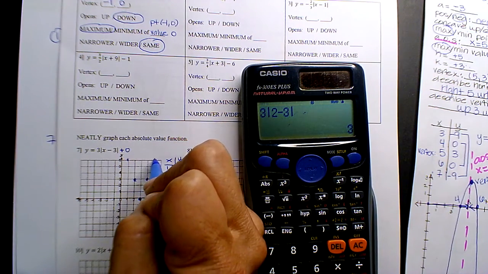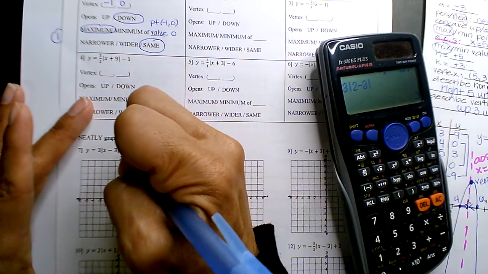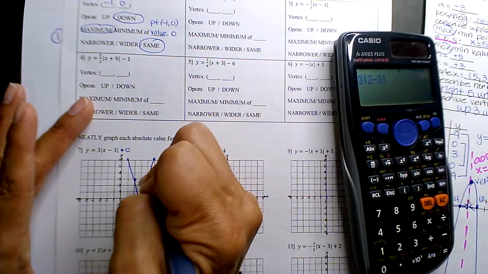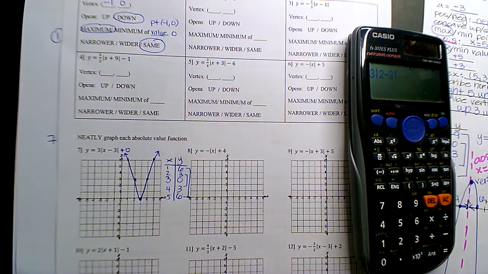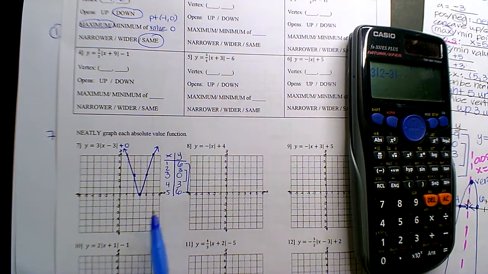Did I do that right? So here, it's going to look like a V. Have you guys graphed absolute values like in middle school? Did you guys do that? Maybe a few times, once? No? Yeah, whether you did this in middle school, I guess it would depend on your teacher. It's not like mandatory. All right, let me